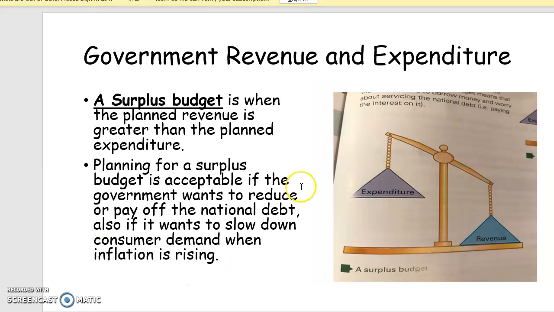A surplus budget, as you can see in the picture on the right here, is when revenue is larger than expenditure. So the amount of money the government is receiving through taxes from people is larger than the amount that they're paying out. Planning for a surplus budget is acceptable if the government wants to reduce or pay off the national debt. They can do this with the excess money that they have collected from the people working and paying their taxes. This is obviously a good position to be in because the country is in a good financial position. More people are working, they're contributing to the economy, they're paying their taxes as they earn,